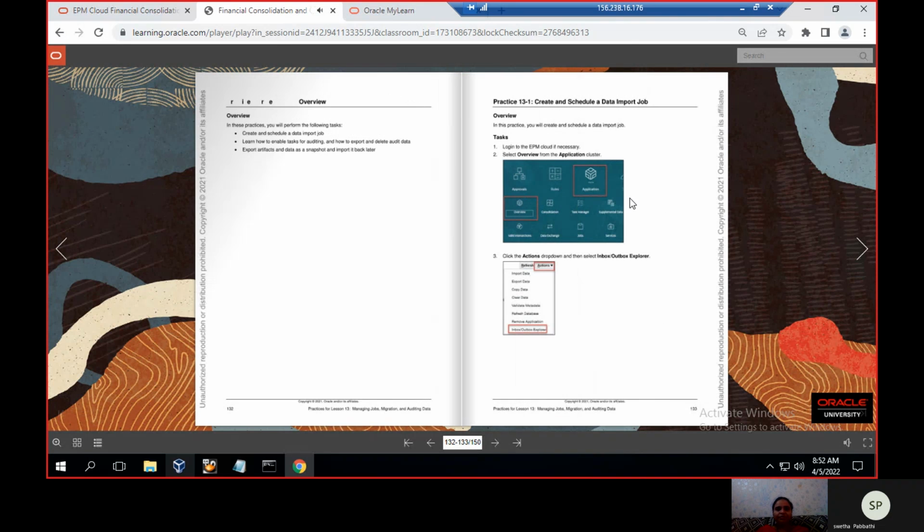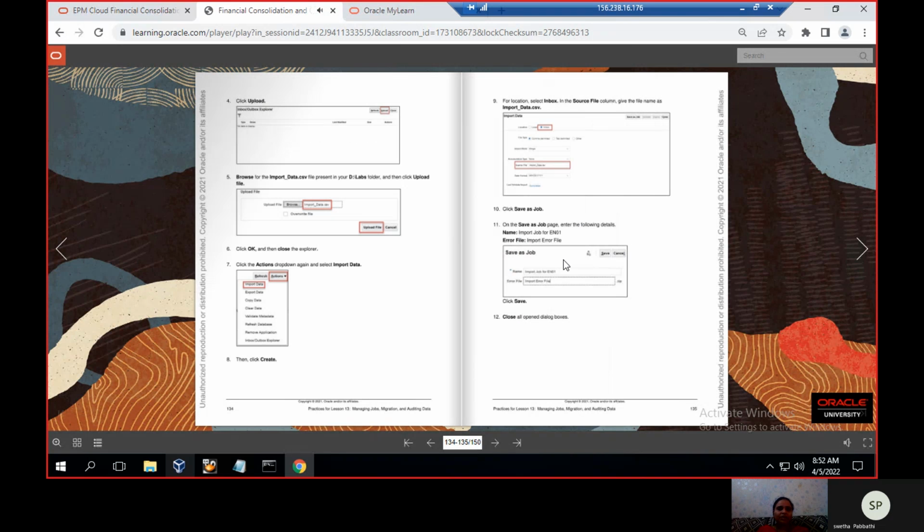Let's see. So practice 30-1, create and schedule a data import job. Select overview from the application cluster, then click on the actions dropdown and then select the inbox or outbox explorer, and then click on upload, browse from the import data, and then click on OK, close the tab, and then click the actions drop down again, select the import data, click on create for the location, select inbox in the